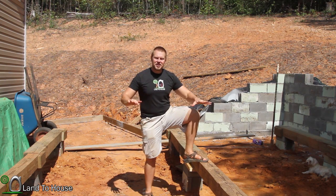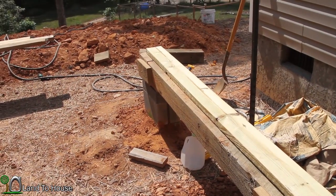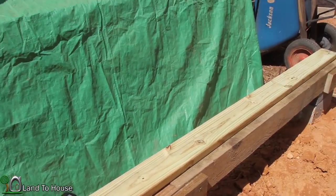Now that the foundation is done for our workshop, it's time to build the floor. So that's what we're going to be doing today. Let's get started. To begin here, I've got two 2x6 10-foot long boards that will make up the length of